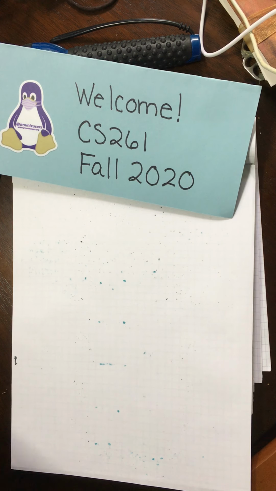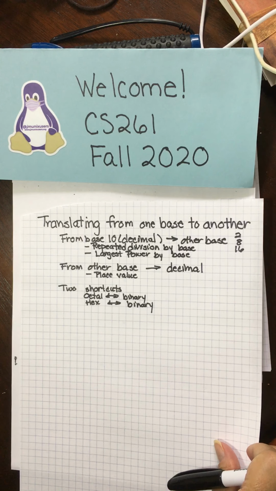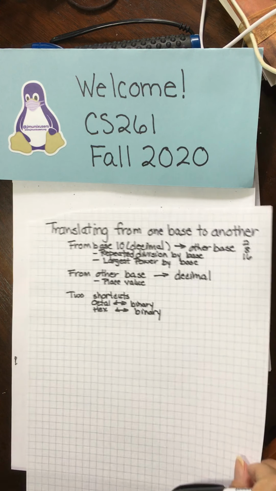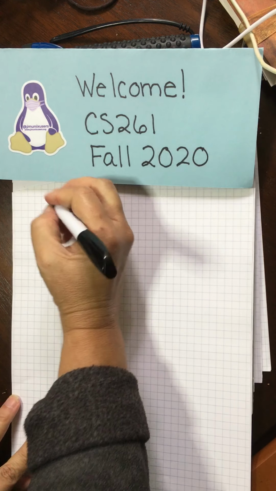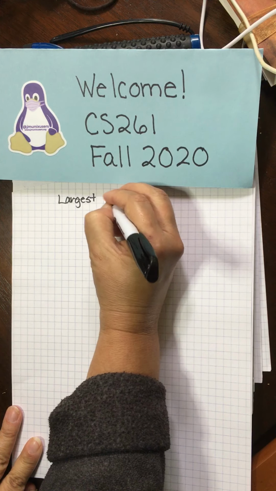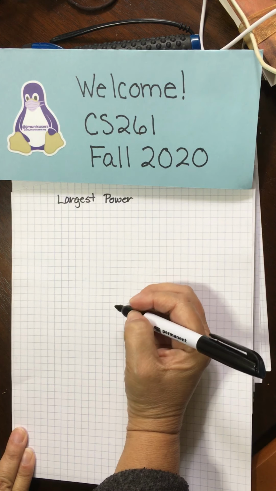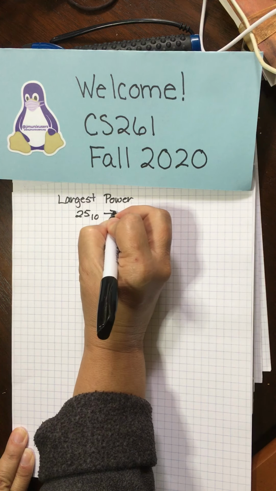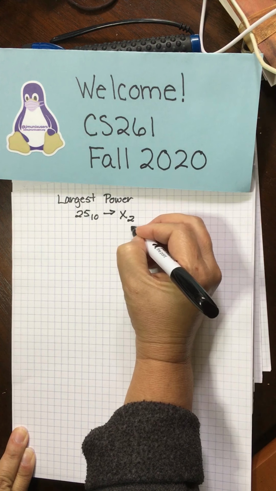So now remember what we're going to do is go back to our big picture. We're going to try doing that same thing with the largest power divided by the base. Okay, so here is a largest power example. For that, I'm going to do 25 base 10 again, and put it into some number base 2. We've already seen it, right? But what I need to do